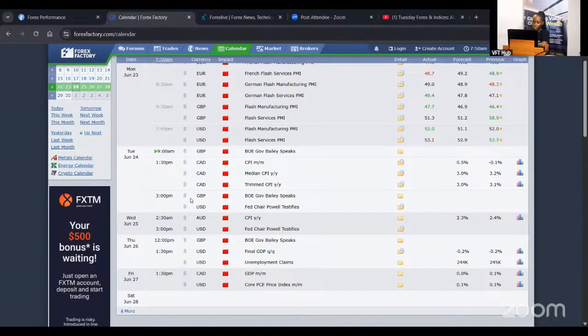Our focus for the sake of this analysis is on the dollar and commodity currencies, right? So we have CAD news release coming out and one coming out on the dollar by 3 p.m. And then tomorrow, again, Fed Chair Powell testifies, as I stated earlier. So you want to keep an eye out on that as well. And then CPI coming out on the Aussie. All of these could change the sentiment of what we're currently seeing on the chart. So please do well to pay attention to all of that.